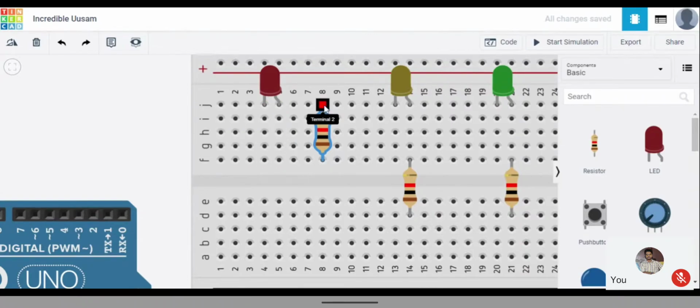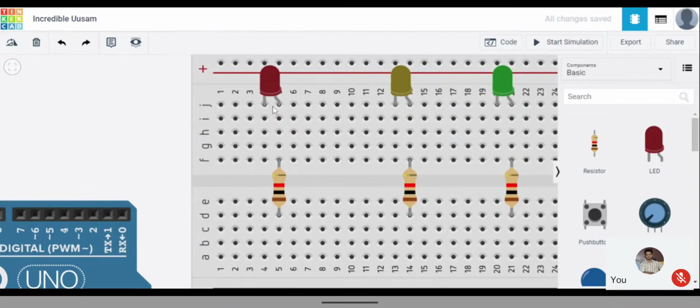No, because from J to F, both are connected inside. If you use this terminal 1 and terminal 2 for any connections, the resistor will not work. That's why I'm connecting one terminal to the diagonal of this one and another separately. In the same way for every bulb I have connected.